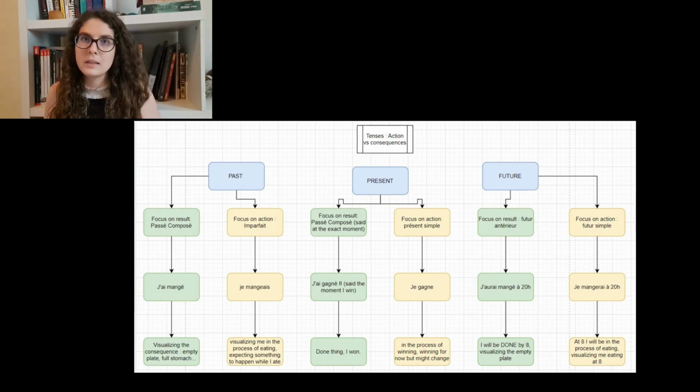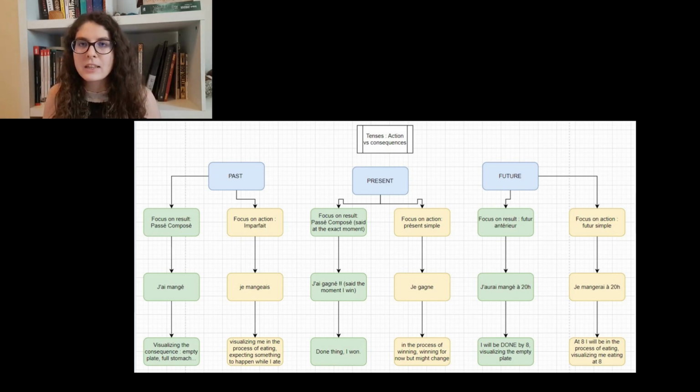And still on this idea, for the past, like I said, j'ai mangé, but if I use imparfait, which is a simple tense, and I say, hier, je mangeais quand, whatever, then you're going to visualize me eating, and then you're going to expect something that's going to interrupt my eating, because eating is just not interesting enough as an action to just visualize it. So usually you use it with something that interrupts it, or something specific about it, because otherwise it's just very boring. But that's the idea. If I say je mangeais, then you visualize me eating. If I say j'ai mangé, then you don't.